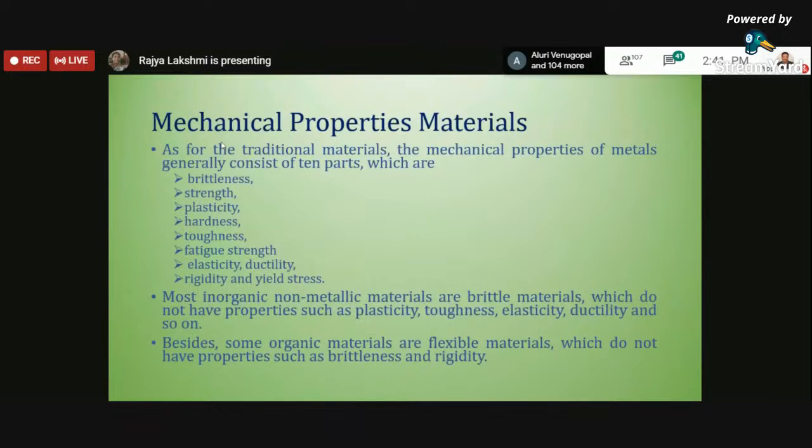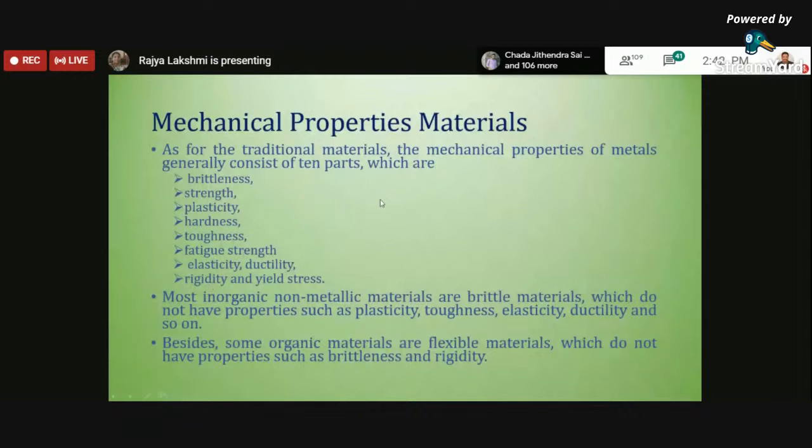Please don't consider how the part is functioning. Even though it is an electronic product or computer-related product, whatever it is, first of all it should have certain mechanical features. Only then will it function properly with other accessories, so that value will be added to the particular product. So when it comes to metal, especially traditional materials, how will nanotechnology help to improve all these kinds of mechanical properties?